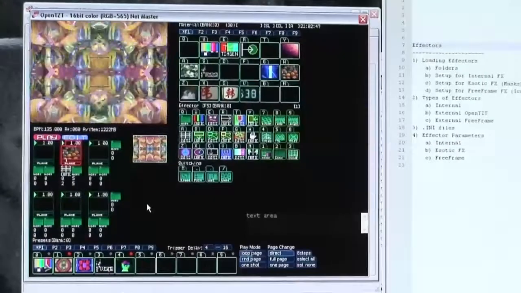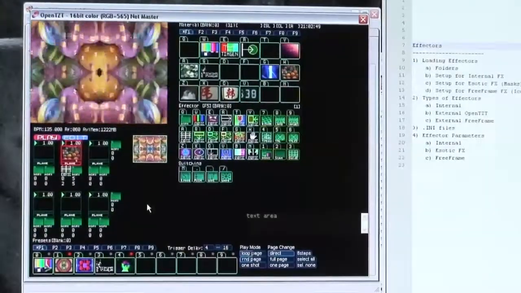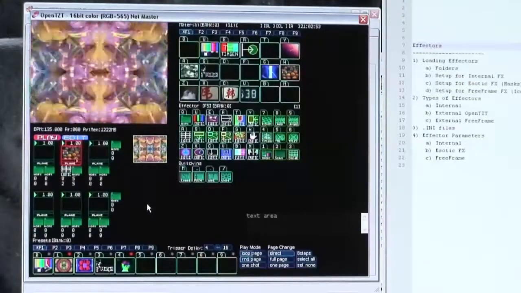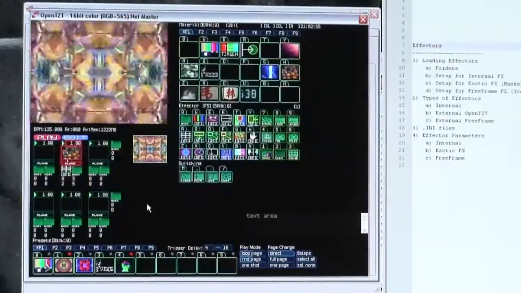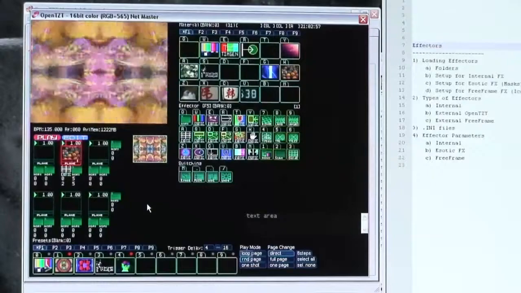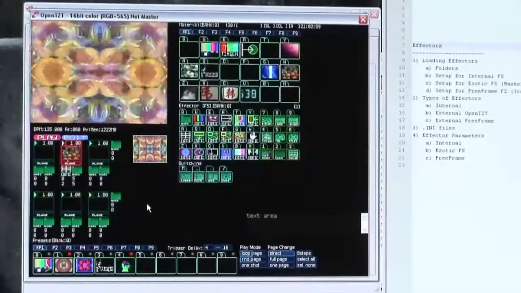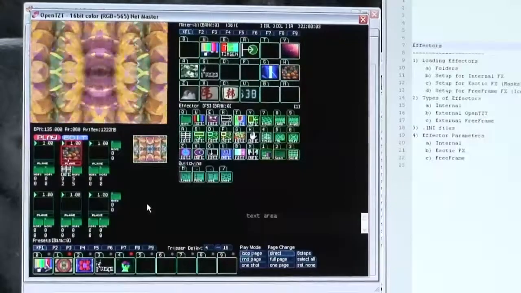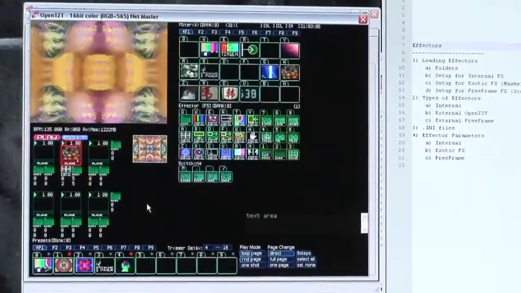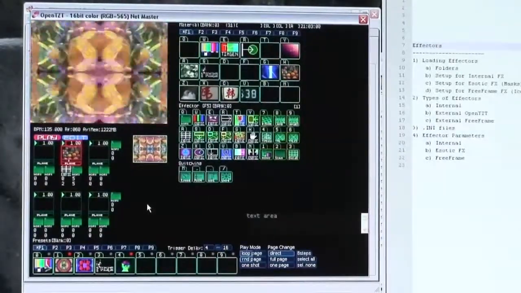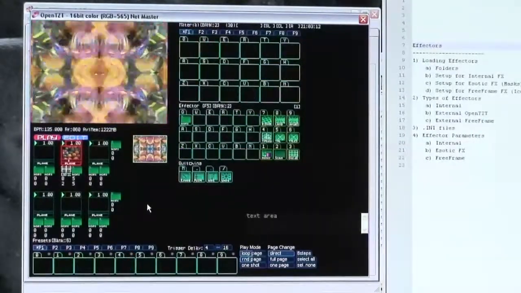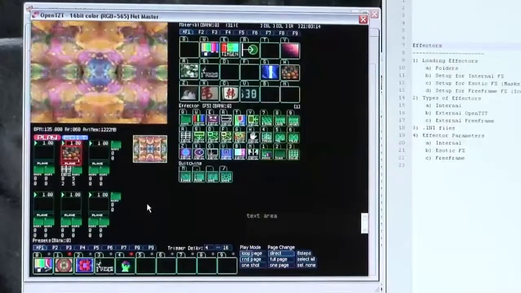And the same thing could sort of be said for Pete's faders for the FreeFrame effectors, because the way FreeFrame effectors are set up is quite a bit different than the way the internal effects work and the way my effects work. But my effects are sort of in between the TZT internal effect methodology and the FreeFrame methodology. So let's go ahead and talk about the FreeFrame